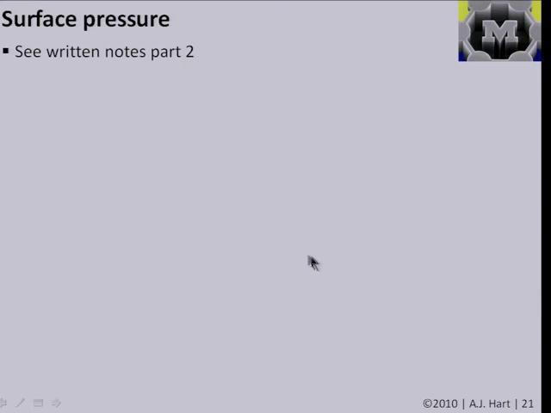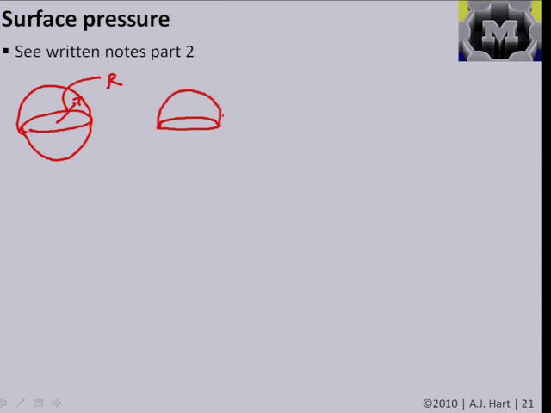So another thing that I want to think a bit about is we'll talk quite a bit in a few weeks about the idea of a surface tension or a surface energy, and we'll relate that to, for example, why small particles of metal melt at a very much lower temperature than the bulk. But you probably remember from fluid mechanics this idea of a surface tension, and so if we consider that we have our sphere again with the radius r, and now imagine that we cut our sphere in half,